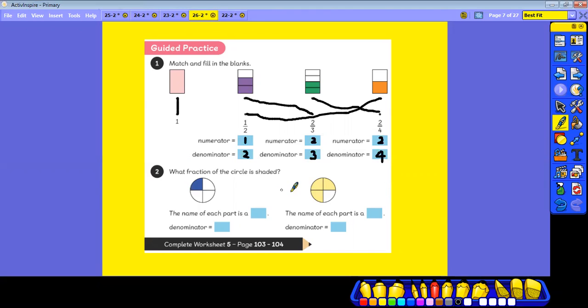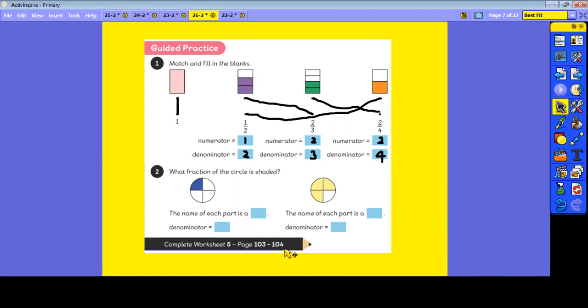So you're going to have to write that as well as the name of each part and the denominator. Okay? Think carefully as you work through question 2,